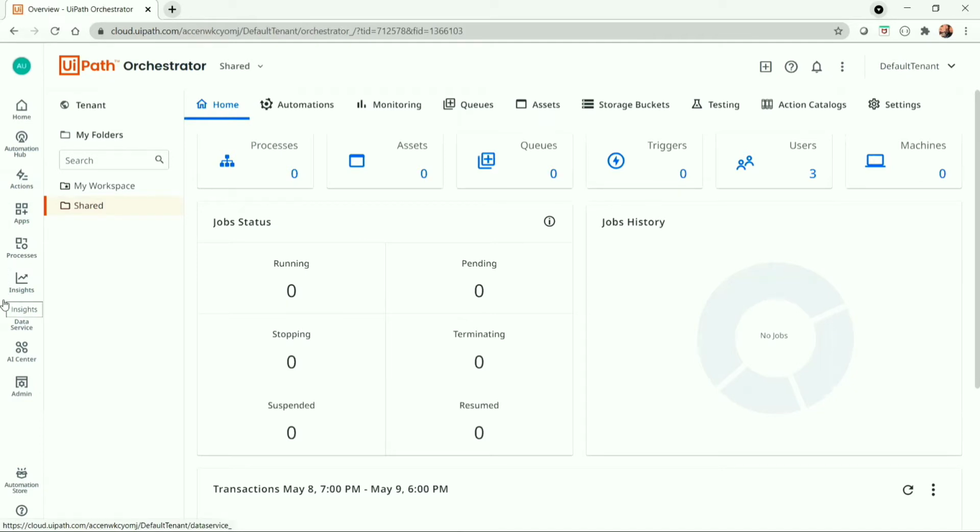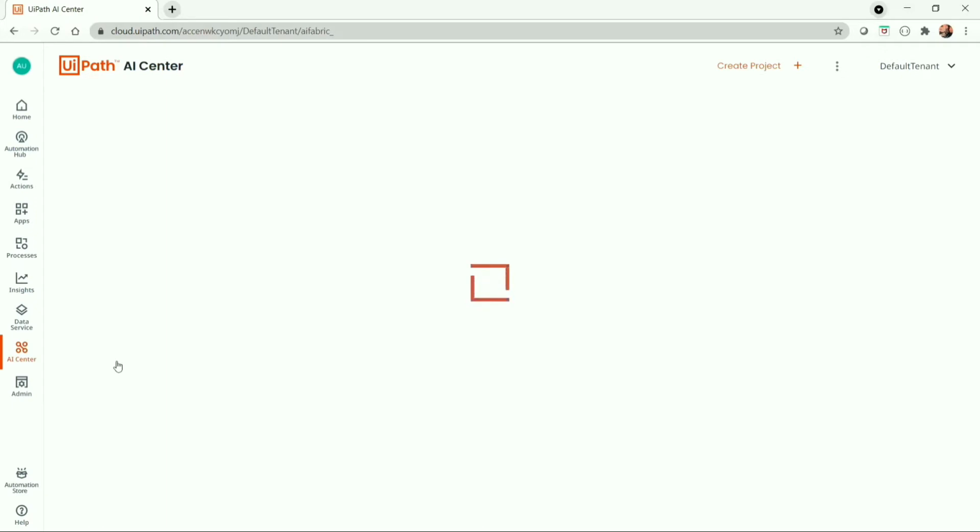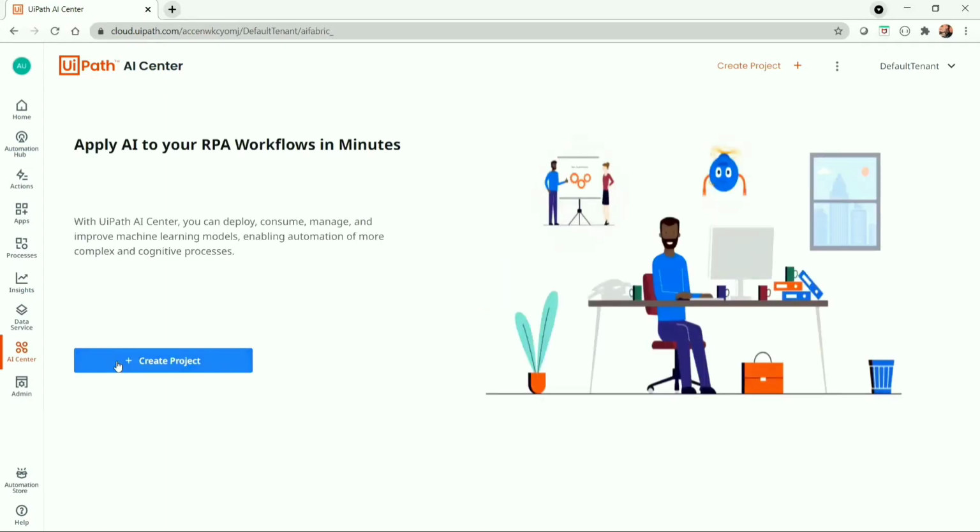That means the Apollo design system gives us the flexibility to move from one UiPath product to another. Suppose I want to access AI Center, then I don't need to go back to the automation cloud, which we had to do in the earlier design. Now I can directly access AI Center from here. This is how we can switch between different UiPath products very easily.